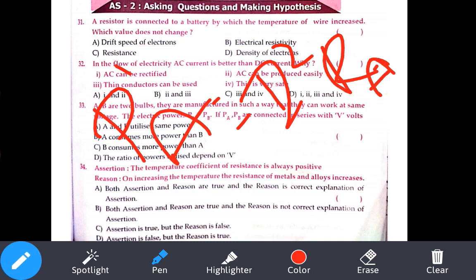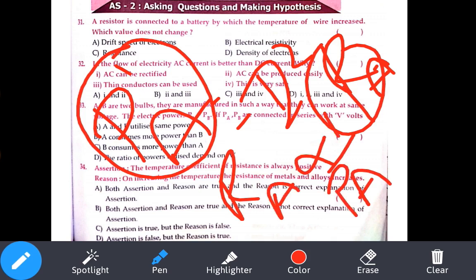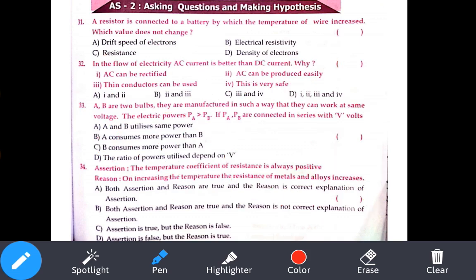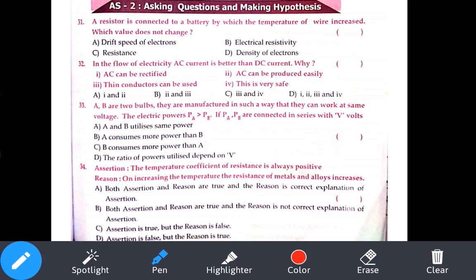So it will have less power. Power consumed is inversely related to R. Just now we saw R is inversely proportional to the rated power of bulb A. So we can say that it is inversely proportional to the lesser value. So the PA value will be less. Power consumed by PA will be less than the power consumed by PB, or inversely, you can say power consumed by PB is greater than the power consumed by PA. So yes, option C is our answer.